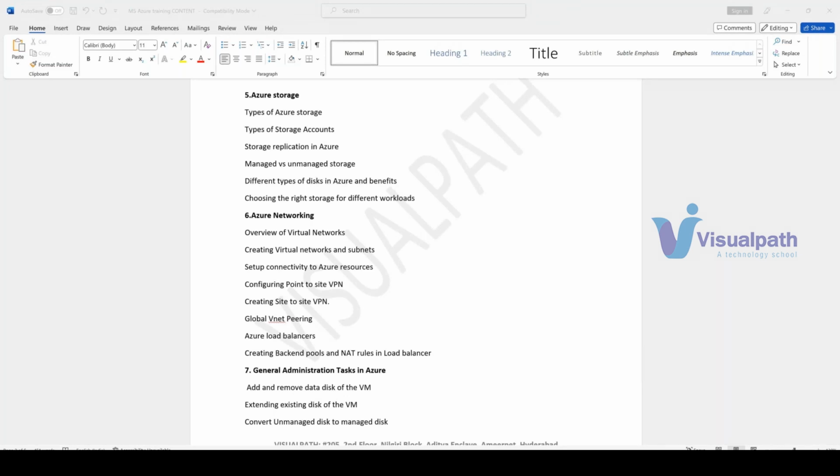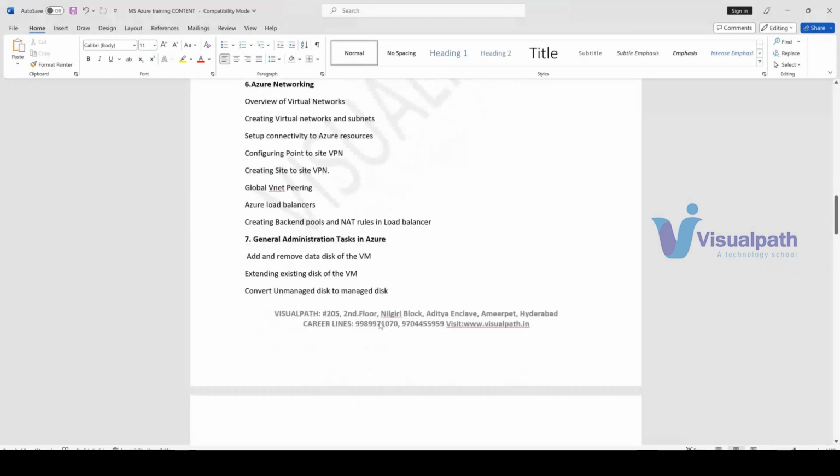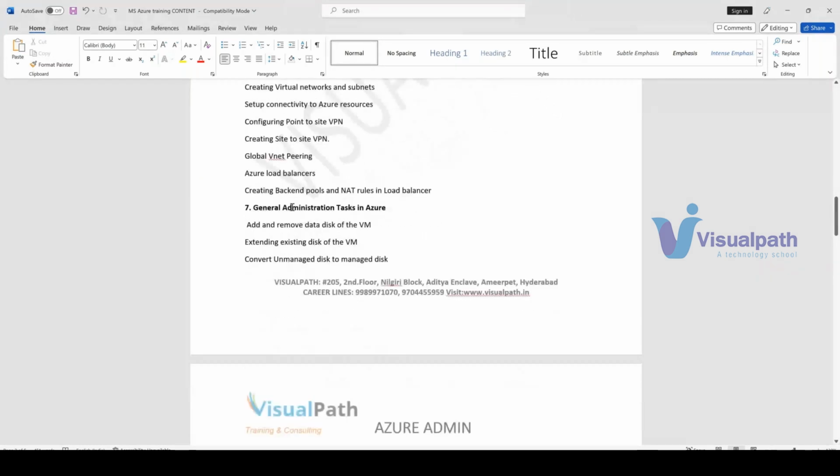How can I get to know that? Don't worry about it. Here we will start from very zero and how the Azure networking is going to work. And then we talk about the general administration task, because as a cloud engineer, one thing you need to understand: